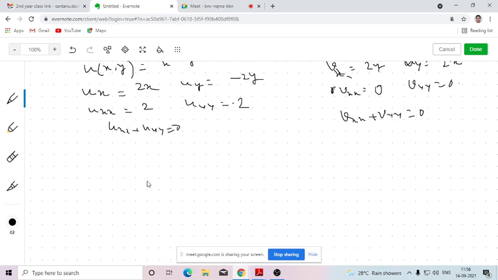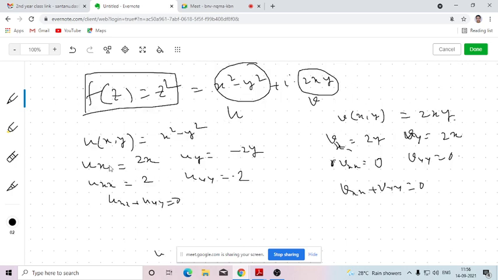Conversely, if we know the real part and imaginary part, and if we show that both are harmonic and all four partial derivatives are continuous, so here 2x is continuous, minus 2y is continuous, 2y is continuous, 2x is continuous, so these are all continuous for any value of x and y, so the function will be analytic. So by using these properties of harmonic functions we can show a function is harmonic, but in order to show that it is analytic, not only do you need to show that this is harmonic, but you also need